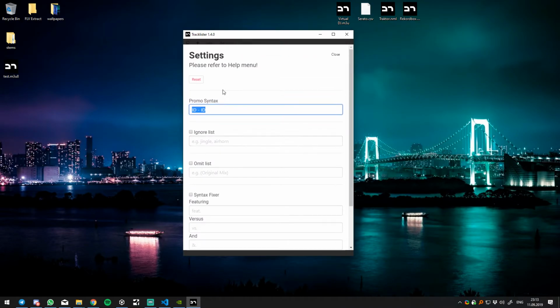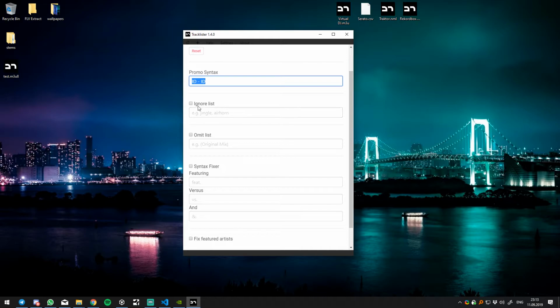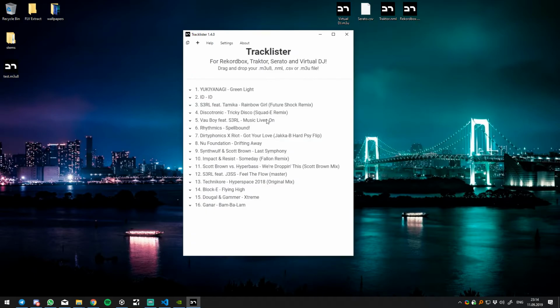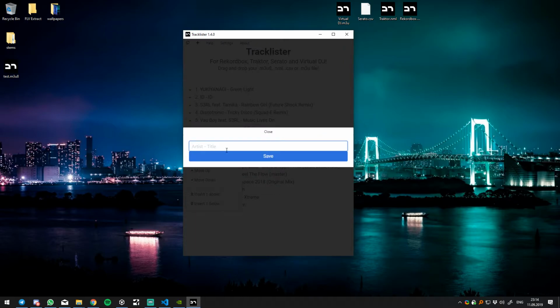Very much variable. Next one, the ignore list. You always have these checkboxes for these, so you can keep the text and just turn it on and off if you would like. So say for the ignore list, you're using jingles or samples or something like that. You always put the jingle into the artist or wherever you want to put it, and you just call it, I don't know,